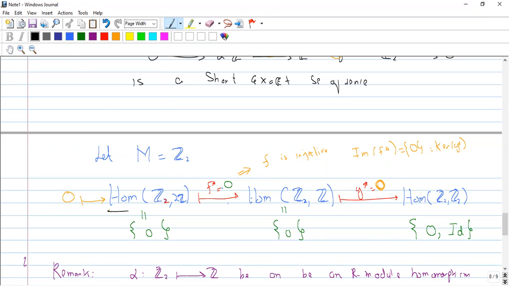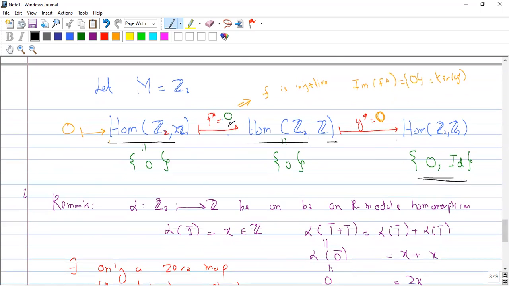ये वाला मॉड्यूल भी जीरो के इक्वल आ गया, ये मॉड्यूल भी जीरो के इक्वल आ गया, तो इंड्यूस्ड मैप से वो भी जीरो के इक्वल आ गया. But the module which is here, Hom of Z2 to Z2 contains two elements. Now class try to see that this identity element doesn't have a pre-image